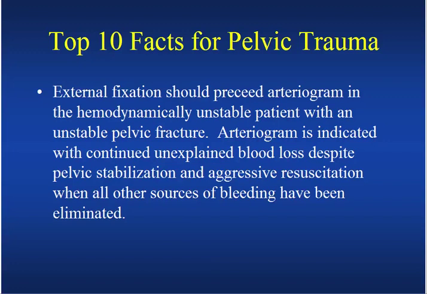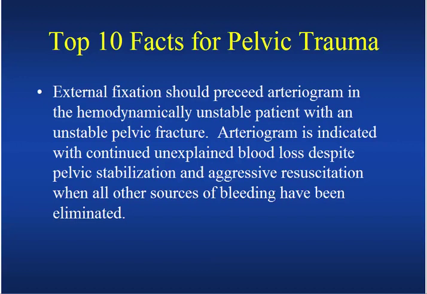He says that external fixation should precede arteriogram in the hemodynamically unstable patient with an unstable pelvic fracture. I would modify that a little bit and say that some sort of external immobilization of the pelvic ring. And I think most commonly what is done now, and what is probably appearing on standardized tests, is that if the patient is unstable, you've done adequate fluid resuscitation, and the patient has a pelvic ring injury and is hemodynamically unstable, the next treatment of choice would be some external immobilization of the pelvic ring. You can tie a sheet around the pelvis, you can place a bean bag, something,